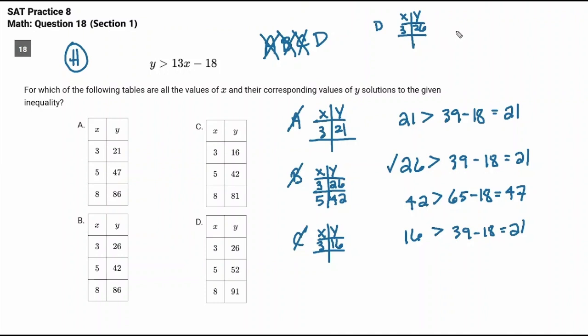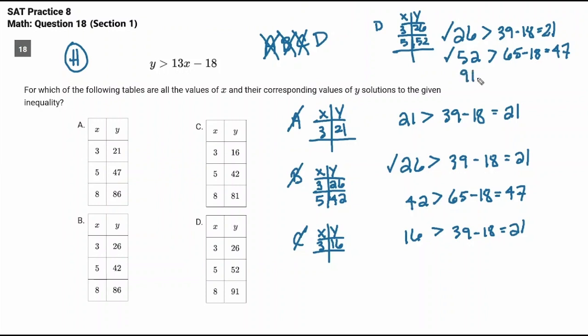This time, what's my y? It's 26 is bigger than, we've done this 18 times now, 39 minus 18. Checks out. All right? 52 is bigger than 13 times 5. We've already done that. That's 65 minus 18. 52 bigger than 47. Checks out. All right? So last one,